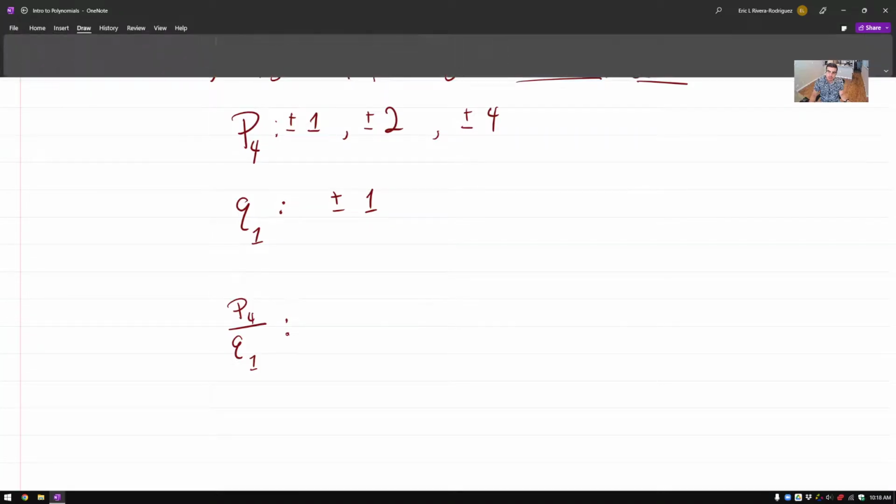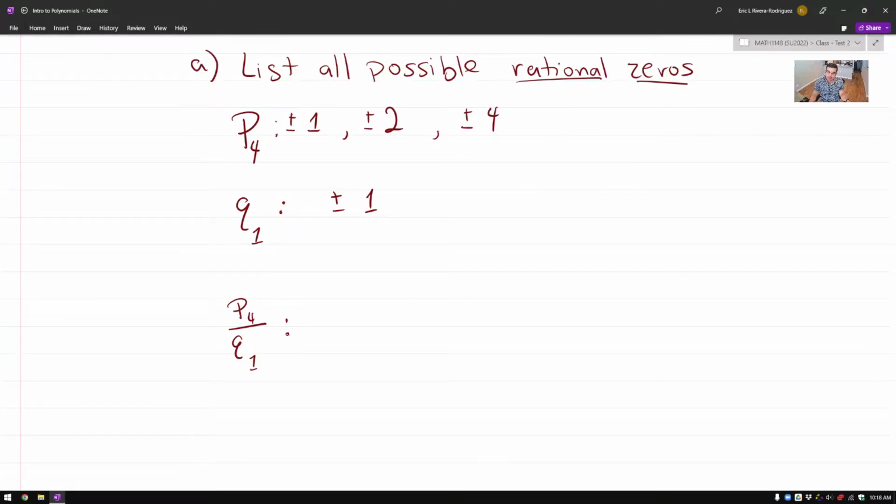How am I going to create the list? Well, I'm going to start with a fraction. We are going to create rational numbers by taking one entry from the P set, which is the factors of the constant term 4,